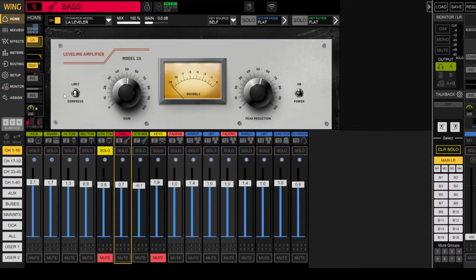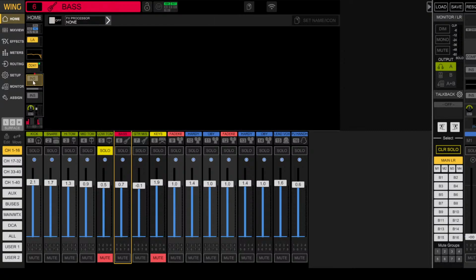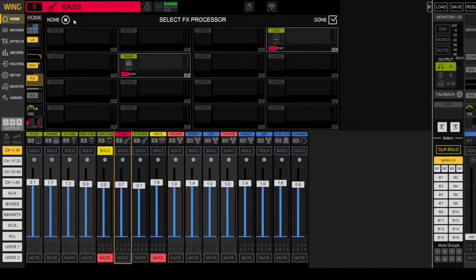Now, for your bass guitar, because I saw the type of speakers that you use, I don't know how much low-end energy Pastor likes and the frequency response of that speaker, so I didn't insert anything on the bass channel. But if I were to insert, all you need to do is to come here and then select pre-insert on. Where you see the none sign, just tap the none, and then choose what kind of